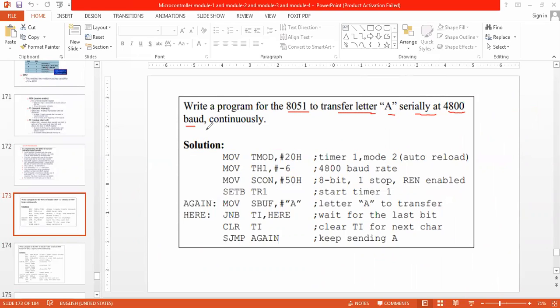Previously we took 9600, now half of that, so -3 doubles to -6. Load TMOD with 20H for auto reload, Timer 1, mode 2. TH1 is loaded with -6 for 4800 baud. Now this is 40H.